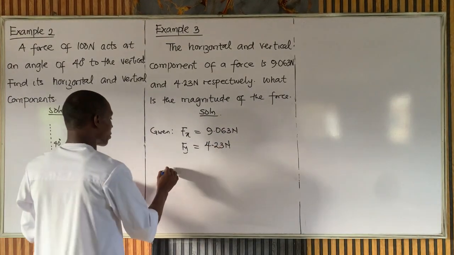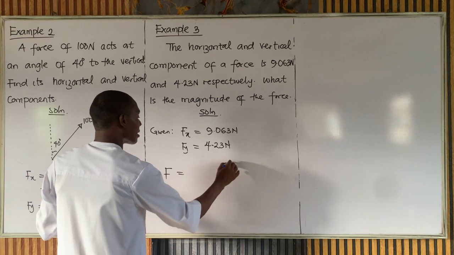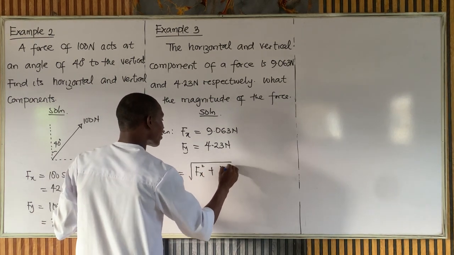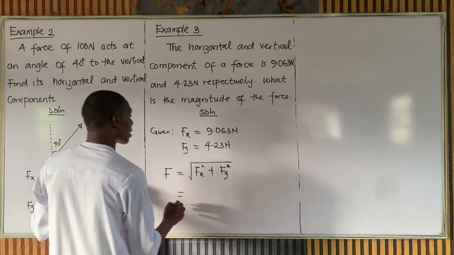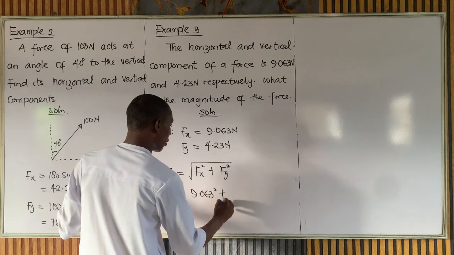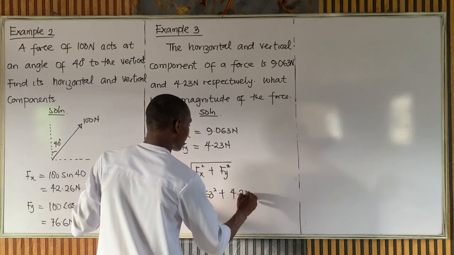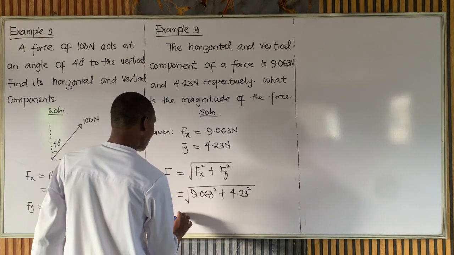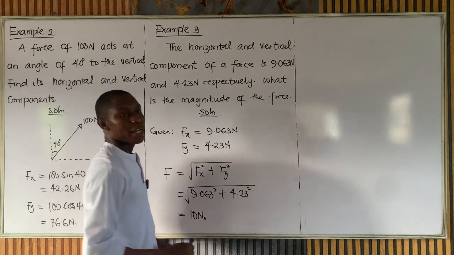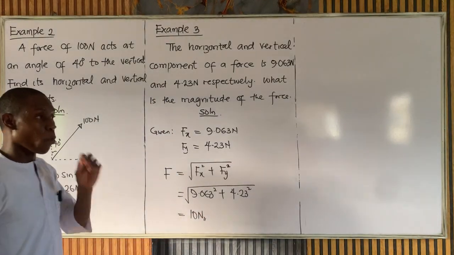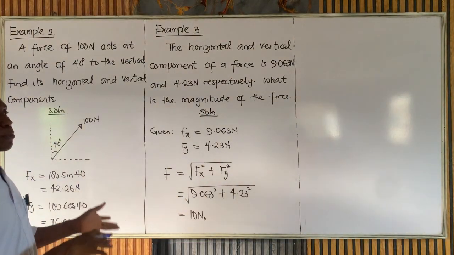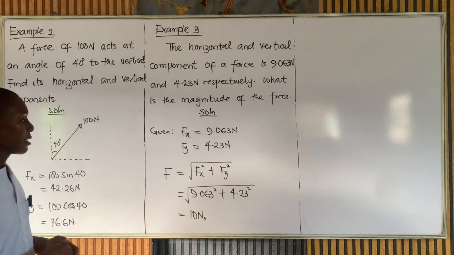To get this, F, the force, is simply the square root of f of x squared plus f of y squared. So this is going to give us the square root of 9.063 squared plus 4.23 squared. This is approximately 10 Newton. This is like the opposite of our question 1, if you remember. In question 1, we have the force to be 10 Newton, and we are supposed to go and get the